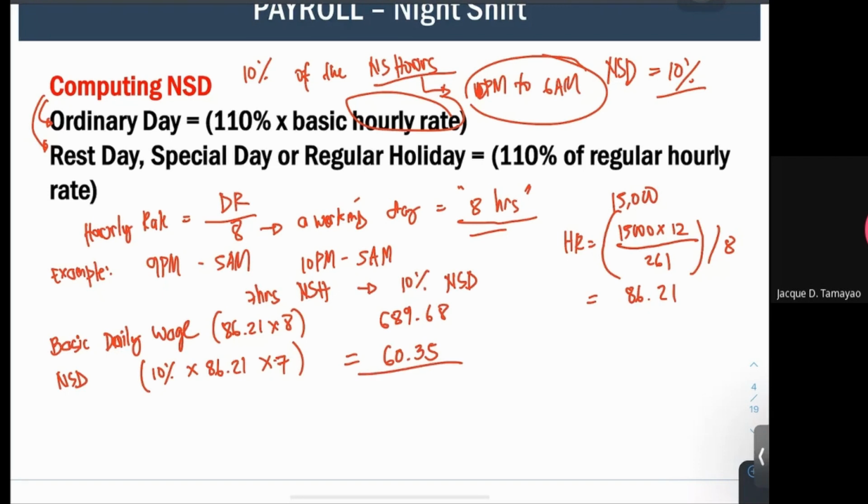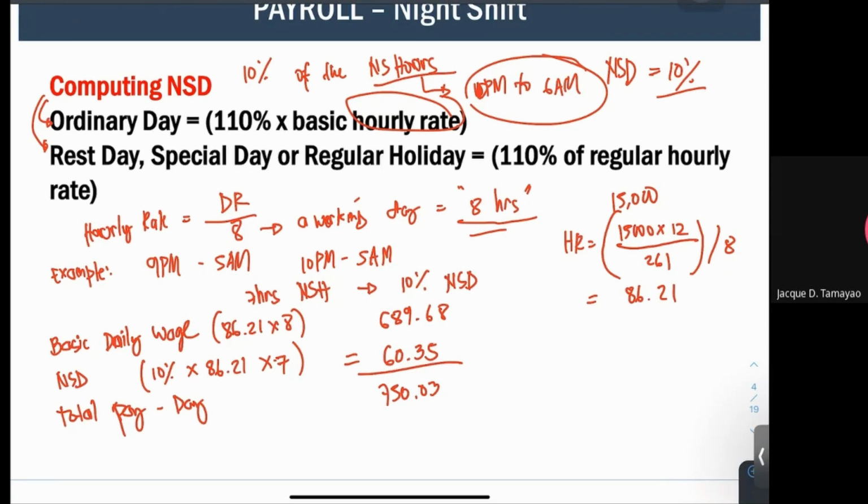689.68. Your total pay for the day. So total pay for the day is equal to 689.68 plus 60.35. Okay. Take note, you will only get a 10% night shift differential